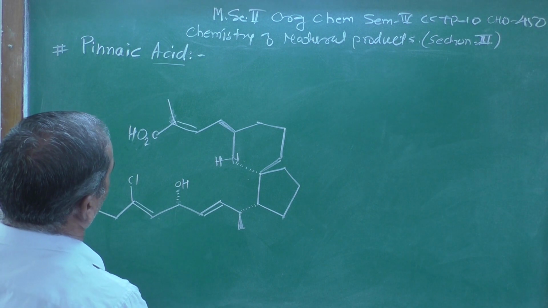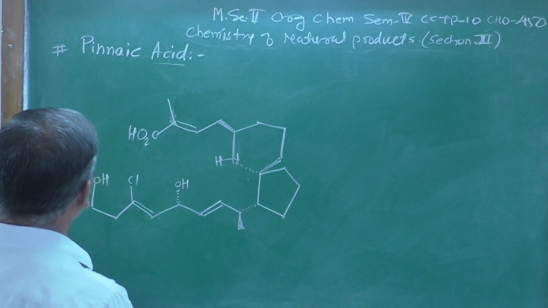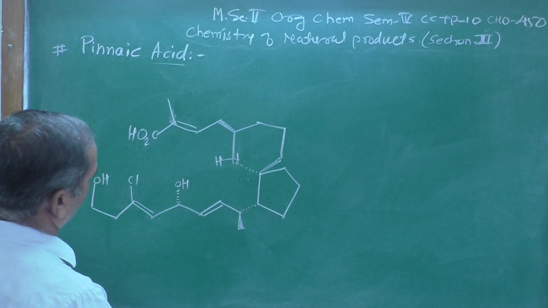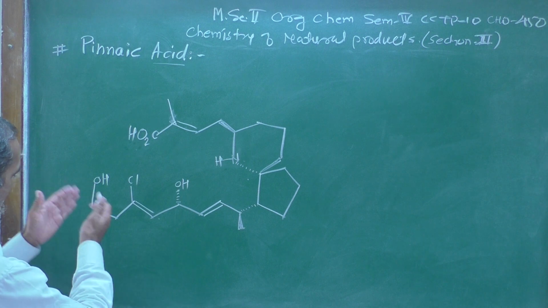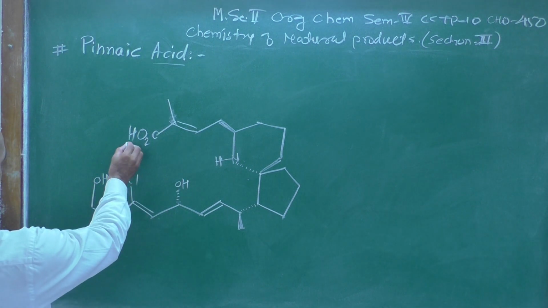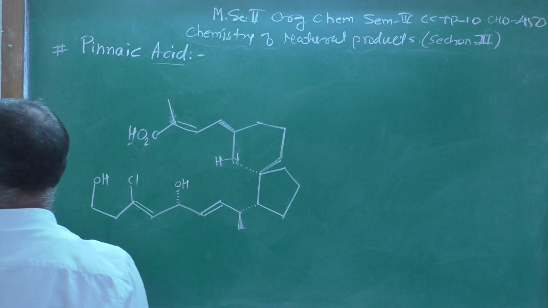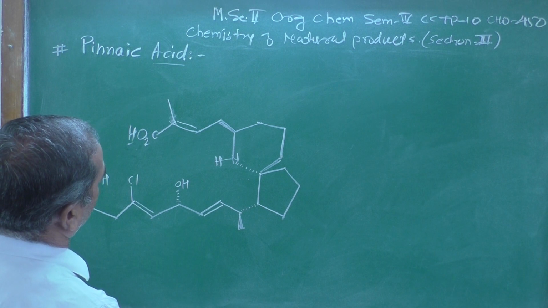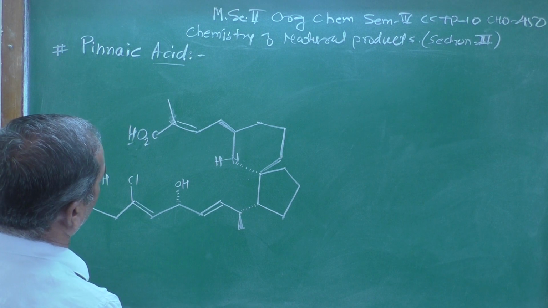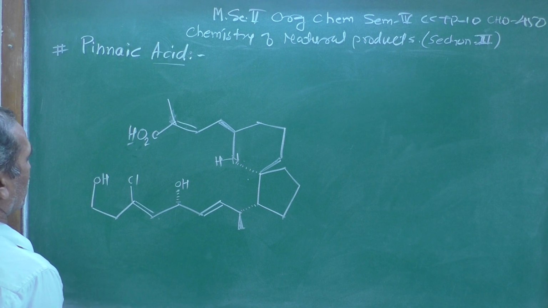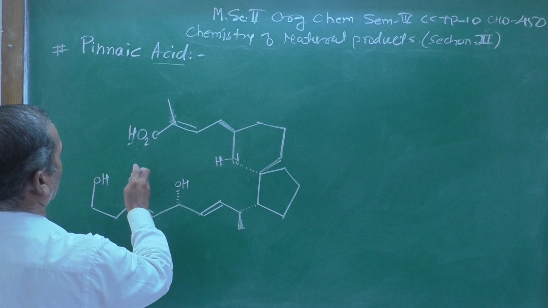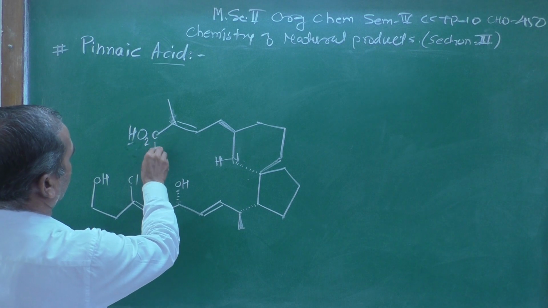It can dissociate easily, and whatever anion is formed just stabilizes, and therefore these protons are responsible for the chemoselectivity, all these things. Now, the numbering starts from here,